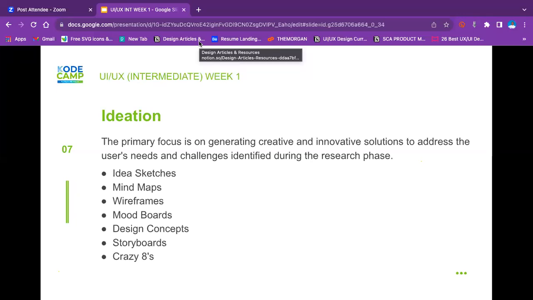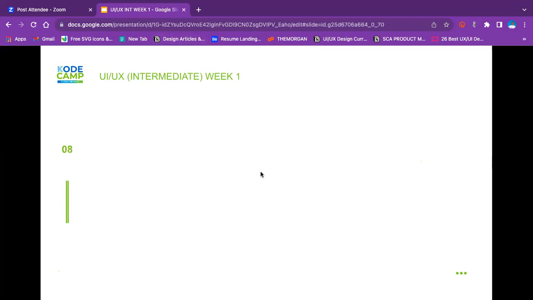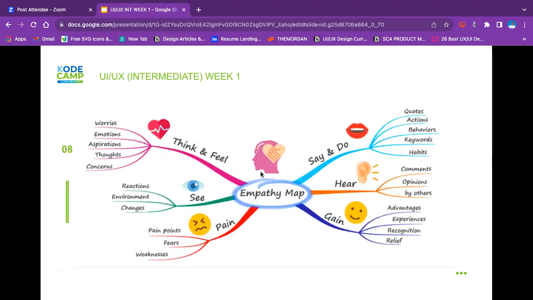Then you don't need to spend much time on a particular idea. Move as fast as possible. Then you need to share people's ideas, and you can discuss to come up with and make a conclusion about what you want to do. So we also think of the empathy map. Empathy map is trying to